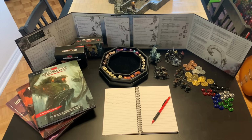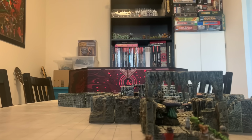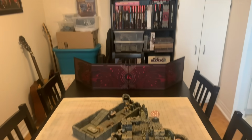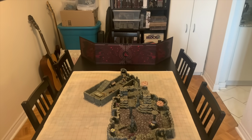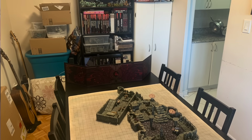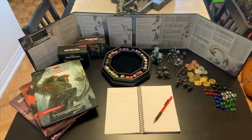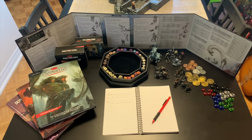You'll see here that we actually use our dining room table. Unlike Monty, who has a dedicated gaming room, we convert our dining room table for game night into a Dungeons and Dragons space, as well as many other various games that you can probably see hanging out there in the background. Behind the Dungeon Master screen, I have all of the equipment that I need at the ready in order